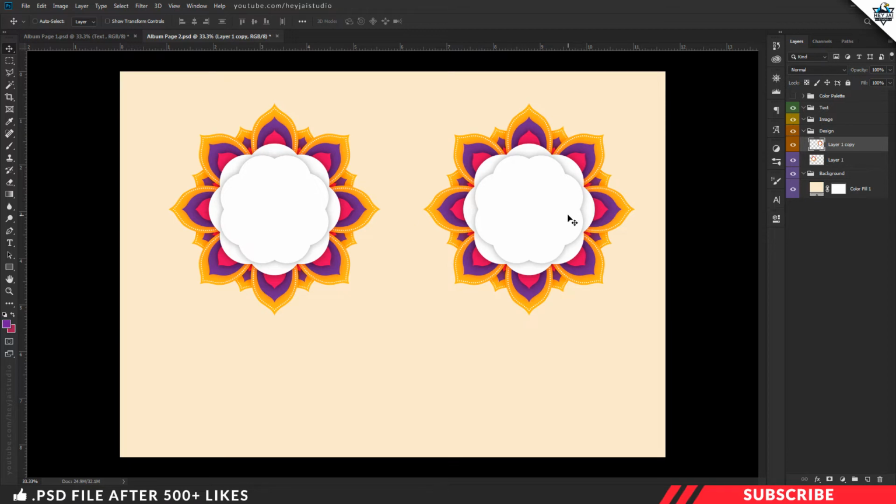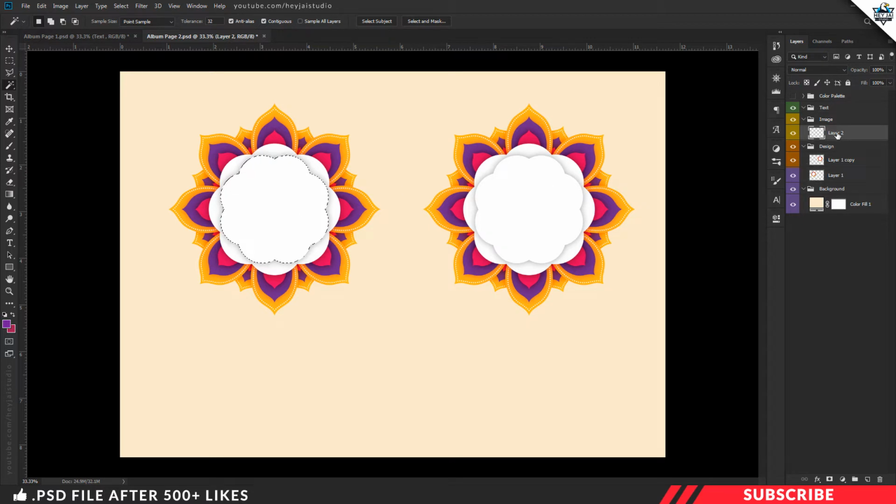Next, we are going to create an image placeholder shapes. For that, we are going to use a trick. First, pick the magic wand tool, this one. Now create a layer inside image group. Now select the left side stock image, this one. Now give a single click and make a selection like so.